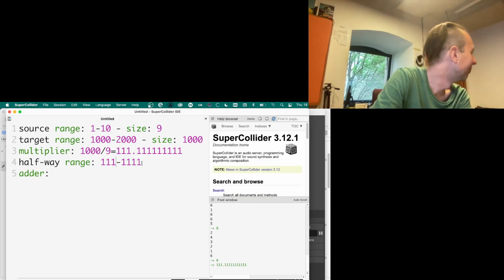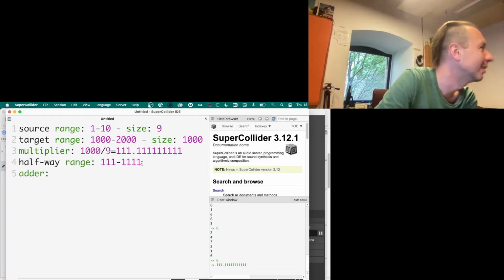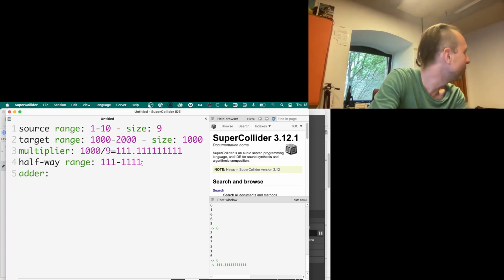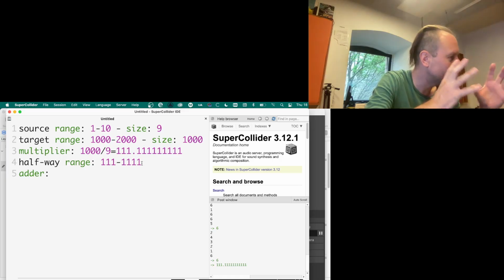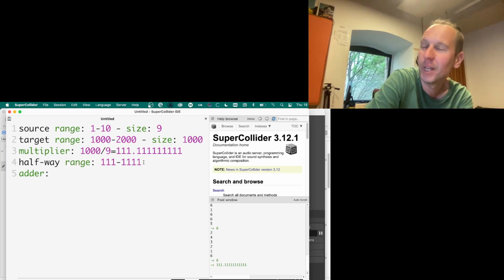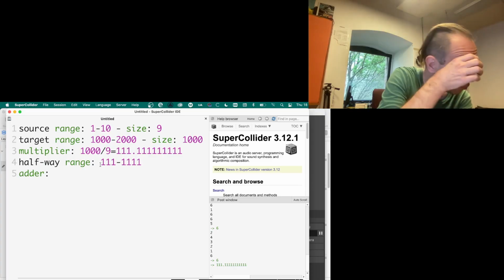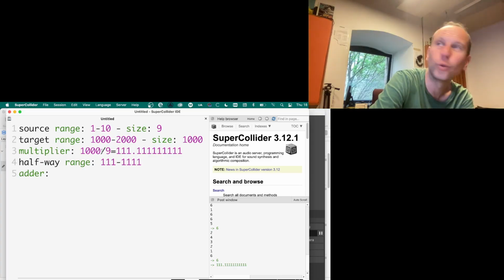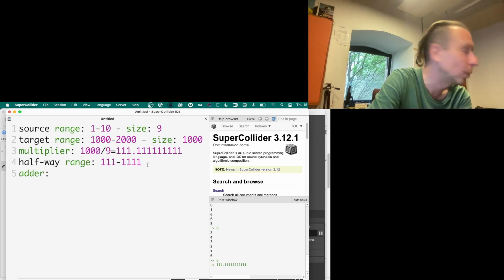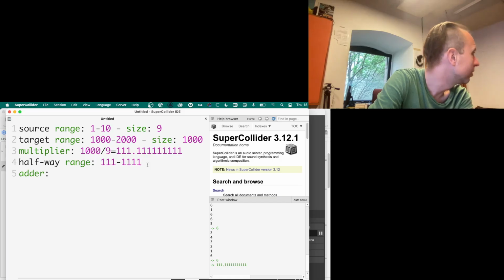It's not an atom bomb, you know. I mean, unless the tune really blows, so to speak. But typically, we are mostly about getting the thinking process. So this is my halfway range, and from here I should be able to figure out how much I have to add to get to this range. So here I already see that the size is okay, it's 1000. So the size of the range is great, it's just that I have to offset it by how much?